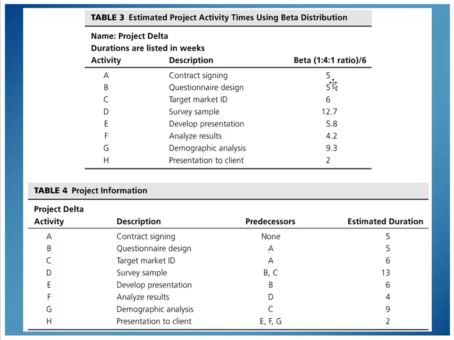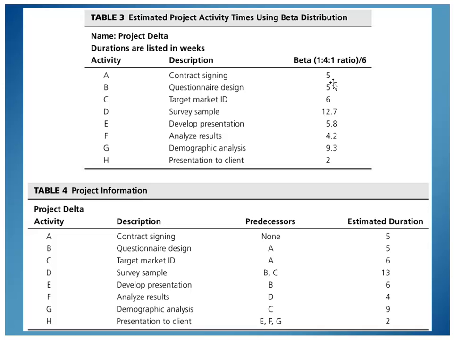So table 3 shows us a project that we're working on where we're dealing with signing a contract and having a questionnaire, and then finding your target market audience here and doing a survey and creating a presentation and so on. And we can come up with numbers. We can come up with our estimates based on whatever estimating technique we're using, have our optimistic, our pessimistic, and our middle value, run the math on that,